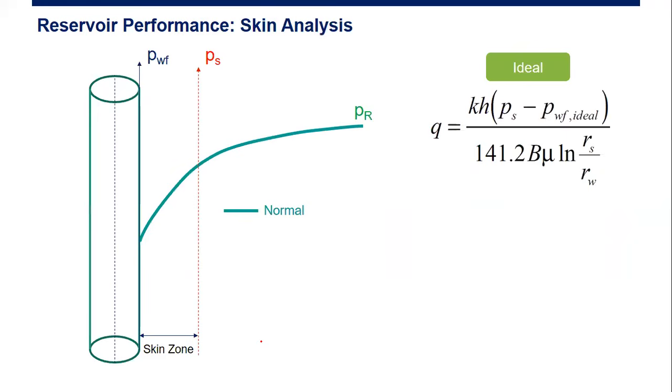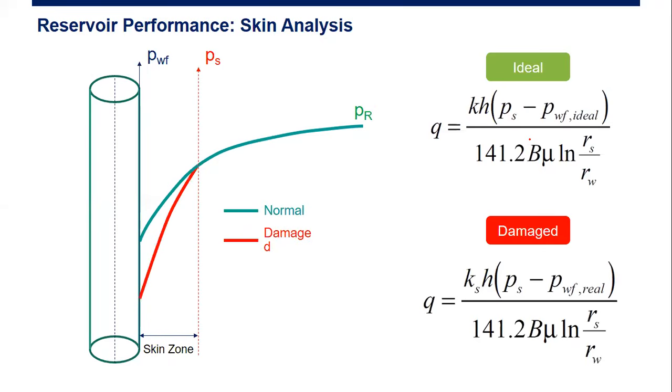And now we will talk about the concept of skin factor. Okay, if we have a wellbore which is ideal, so we have reservoir pressure PR, and let's say we have a zone here, and the pressure here is PS, and we call this zone the skin zone. But this is still ideal, and the flowing pressure is PWF. Then the flow rate can be calculated using this formula. All right, permeability, thickness, everything normal.